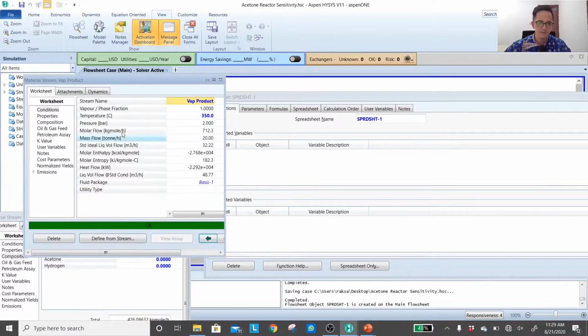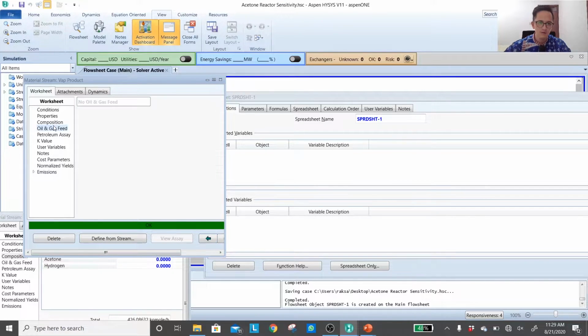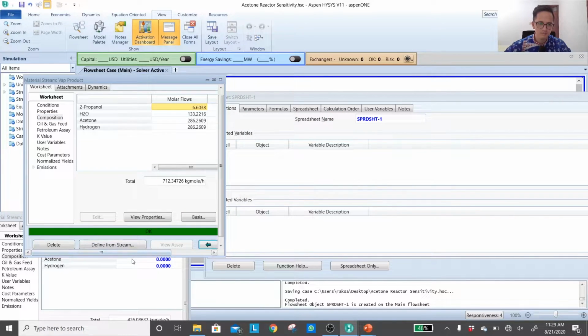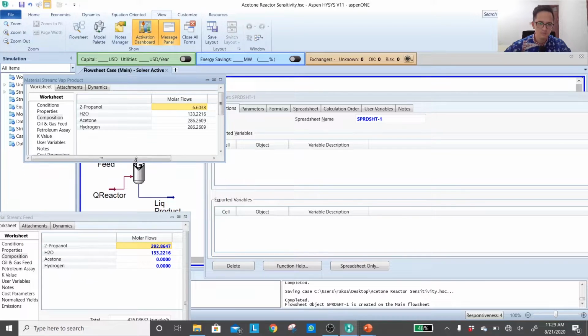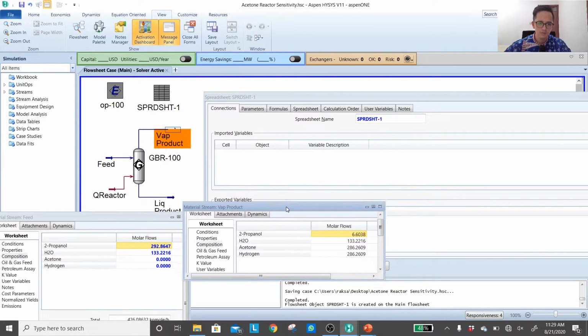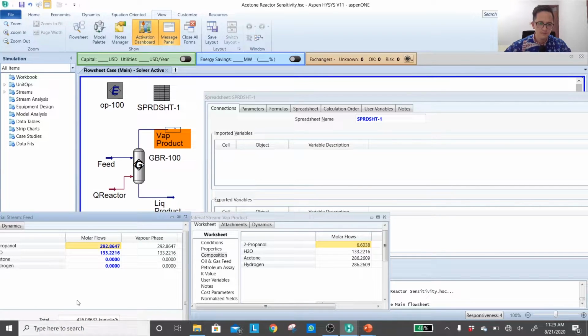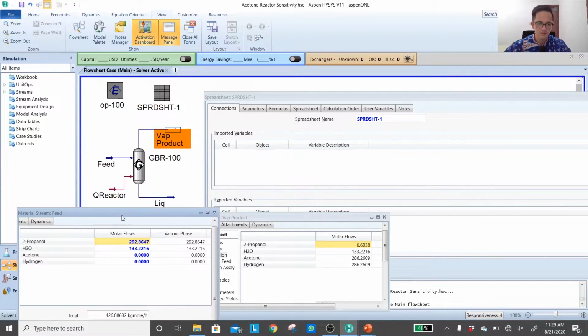Then the vapor product. Change the basis to mole flow. Now let us define the equation to calculate the conversion of the reactor in the spreadsheet.